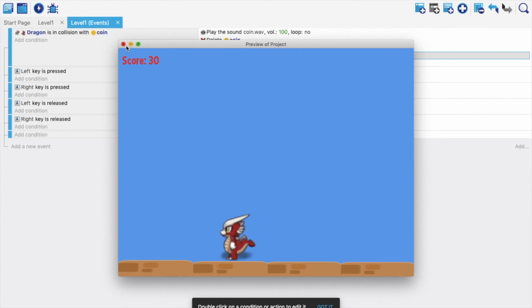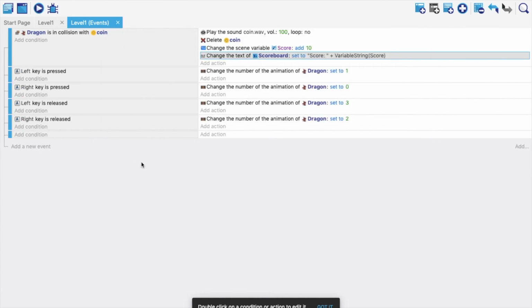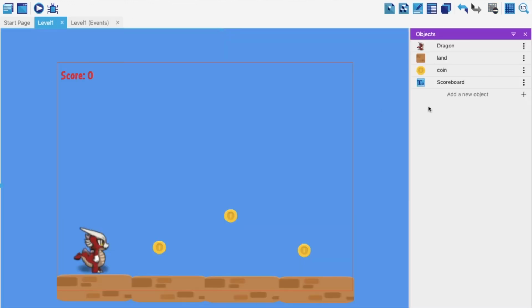Wow, very nice. So I hope, guys, you learned how to add a variable, how to change the value of the variable, how to modify the text because you want to display the new value over here, how to add the text, and how to differentiate between text and text entry. So this is all I'm going to cover in this part.